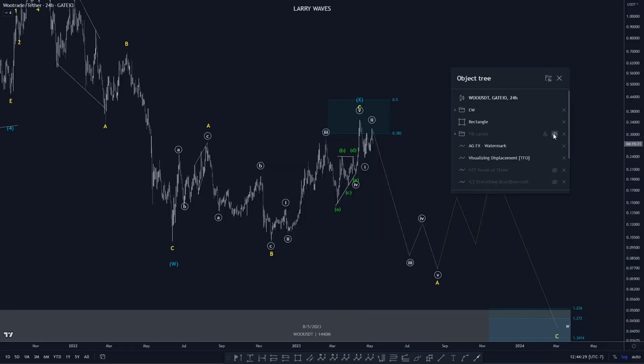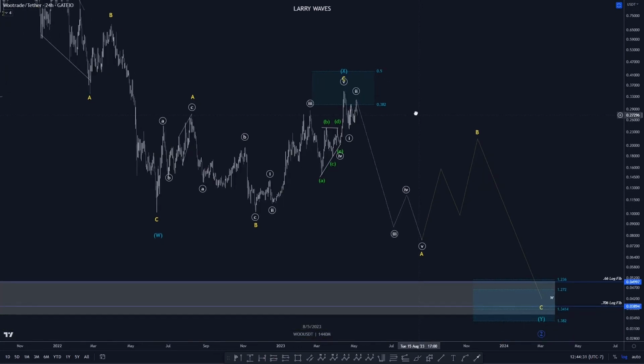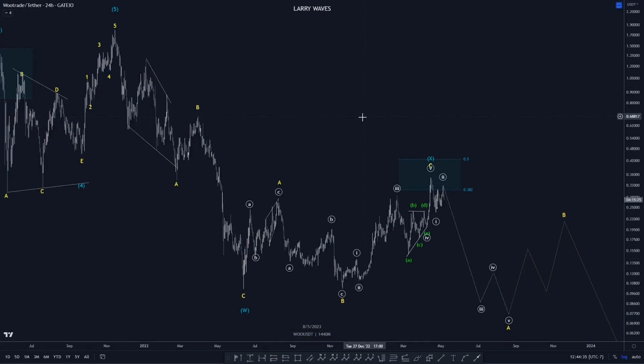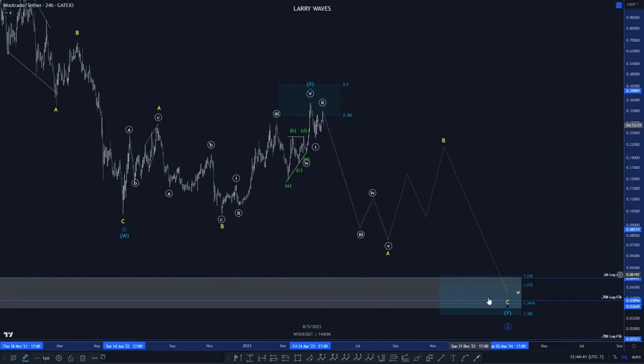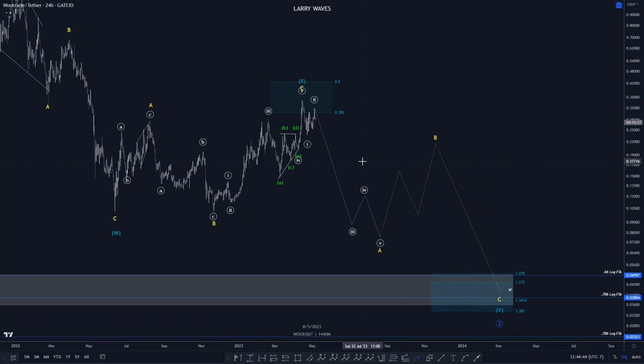That's really all I have for Woo. Like I said, I can only see it basically one way. I could force this into an impulse. I just don't really like the look of it, so I haven't done that yet. So as of right now, looking at this as an X wave and then a Y wave. And as we discussed multiple times, it kind of depends on how this comes down. If this comes down like a three-way move, we're going to expect a three-way move back up for a potential flat. Usually I don't like projecting this though because you don't really see flats like that in an ending wave two for a Y wave. It's more likely that you see a zigzag, which is what we're projecting right here,